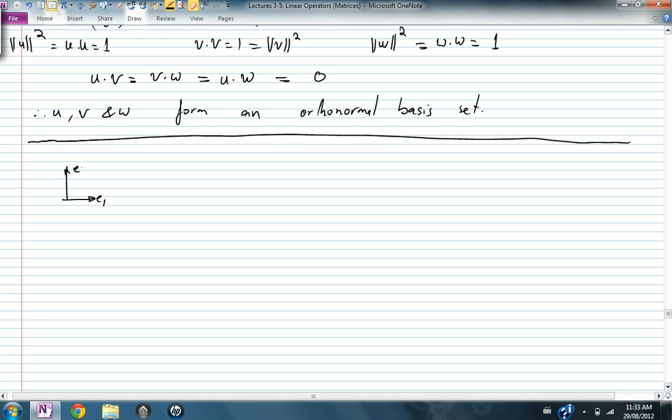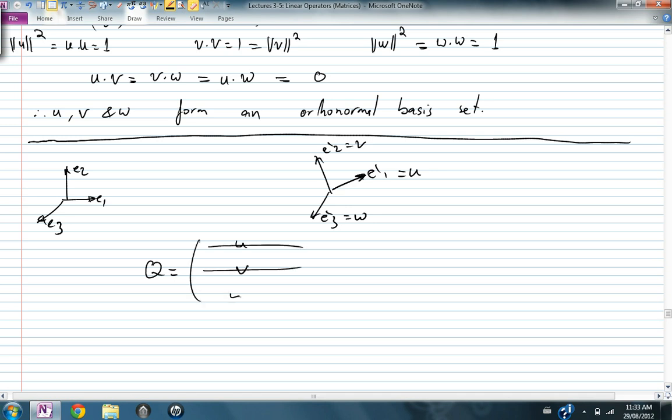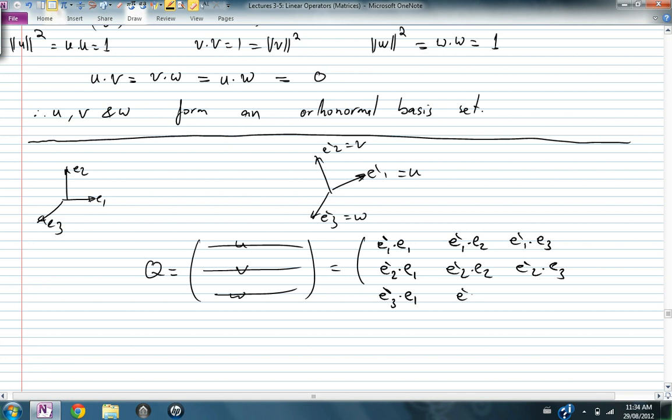If this is E1, E2, and E3, and if this is E-1, E-2, E-3, the U basis set, where this is U, this is V, and this is W. The translation matrix Q is made by taking the components of U, the components of V, the components of W, which is basically E-1 dot E1, E-1 dot E2, E-1 dot E3, E-2 dot E2, E-2 dot E3, E-3 dot E1, E-3 dot E2, E-3 dot E3,